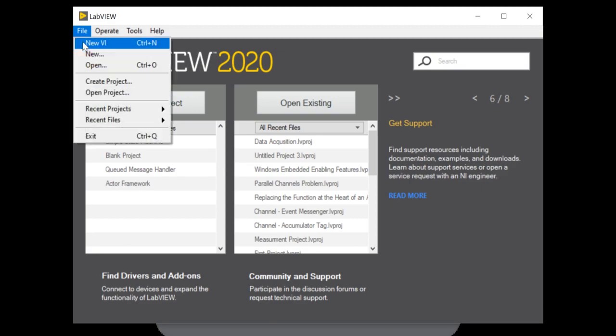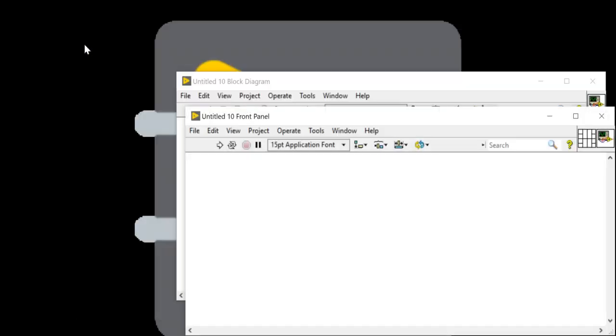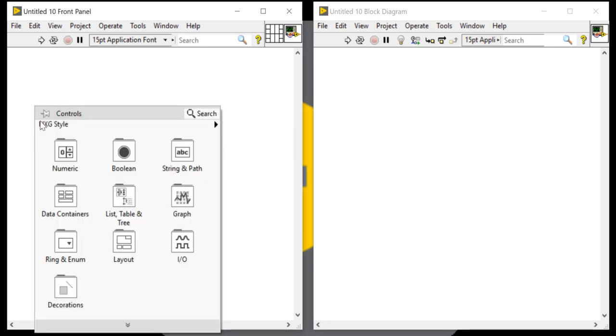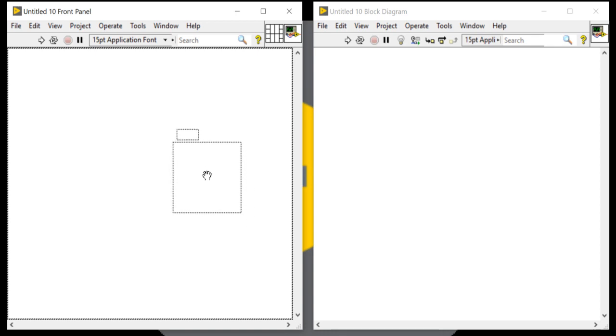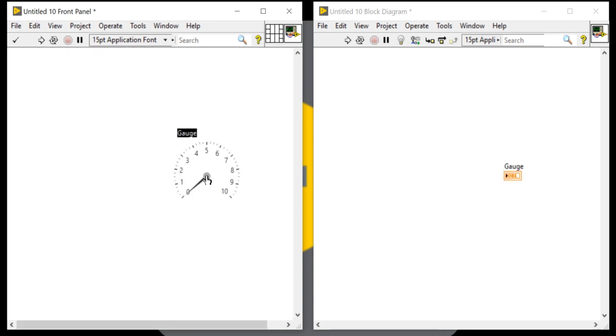Last program. Let's try to write a small program. Bar to Pascal. Bar to Pascal. To display the Pascal, I can take this gauge.